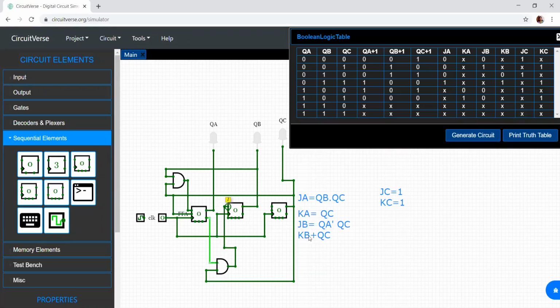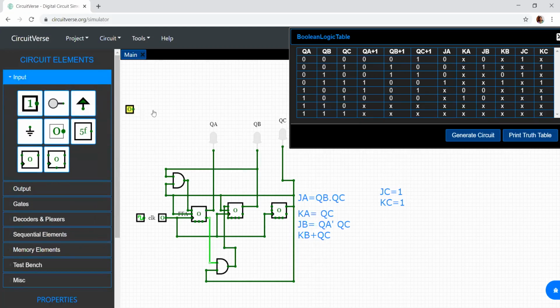Now what is KB equal to? KB is equal to QC. So here KB is connected to QC. This is QC as we know. And what about JC and KC? JC and KC are equal to 1. So I'll give a logic 1 over here. This is logic 1 connected to